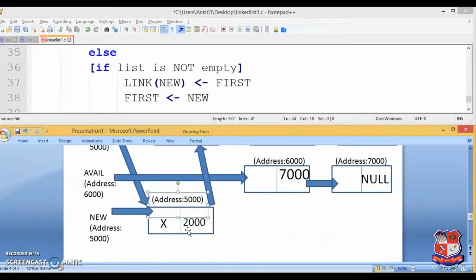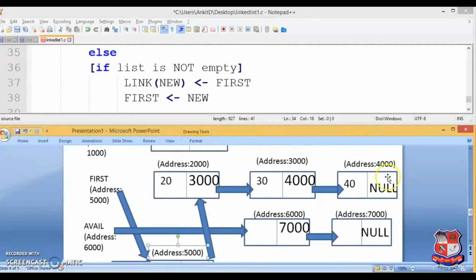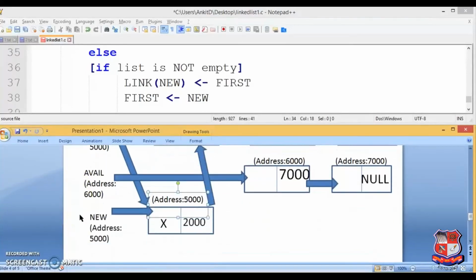I hope now you are clear about how this works for singly linked lists. Similar to the operation at the beginning position is the operation for insertion at the end position. You have to traverse one by one through the link part until you get null, and then insert at the last position using a predecessor pointer. I hope I have cleared my point.